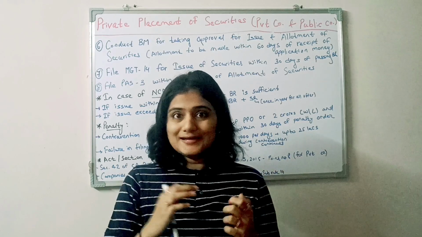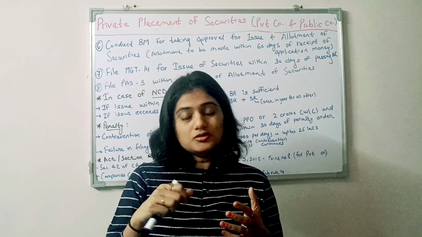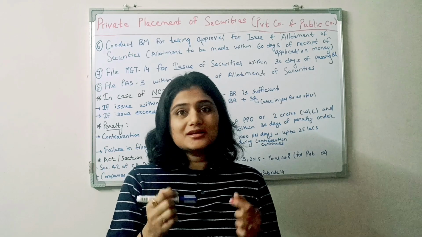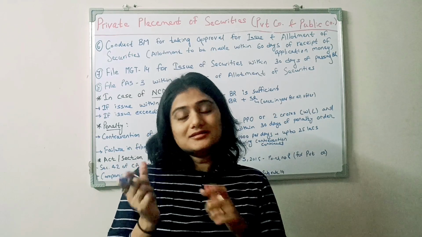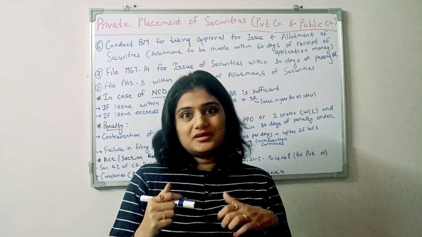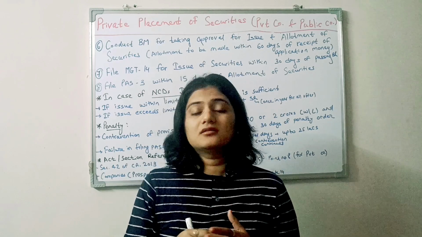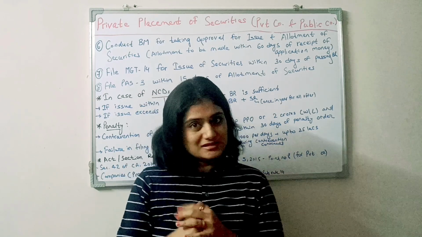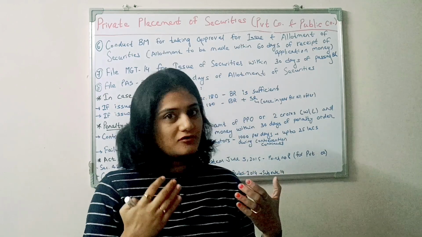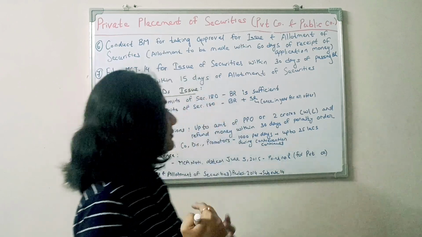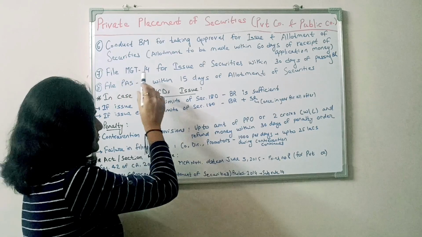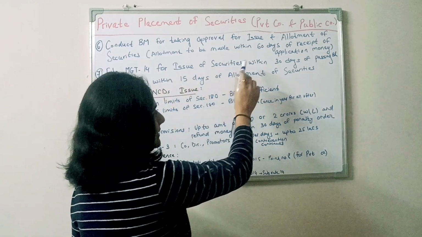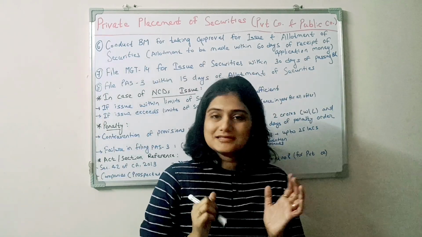So once the offer letter is circulated, the person to whom the offer is made accepts it, and pays the application money via demand draft or cheque. Now the company has to open a separate bank account for receipt of this money for the offer made through private placement. Next, file MGT 14 for issue of securities within a period of 30 days of passing the board